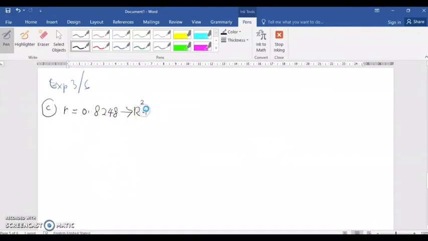For R square, you just square this R, which is 0.8248, and we will get 0.6803. Okay, try to calculate this one. So in terms of explanation, we explain as usual. So 0.6803, so you will see that means that